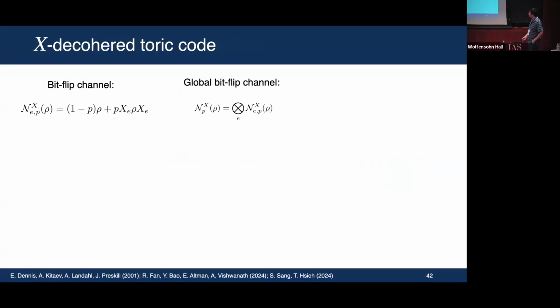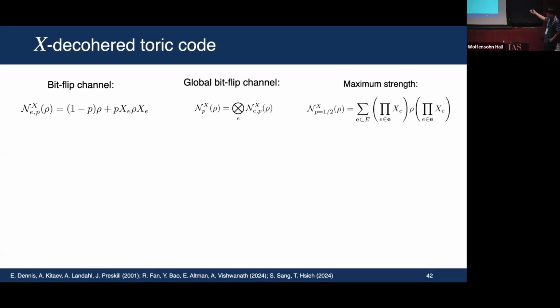Now, before I talk about this interesting state, let me first consider a state that is not terribly interesting, but illustrates the process that we're going to use to create that state. This is a very classic model of noise in the toric code, where we turn on a bit flip noise. It's a quantum channel whose Kraus operators are Pauli X on each edge. Then we can just multiply all of them and apply it to the state. Again, it's parameterized by a probability p of applying that Kraus operator X, so you can study it as a function of p.